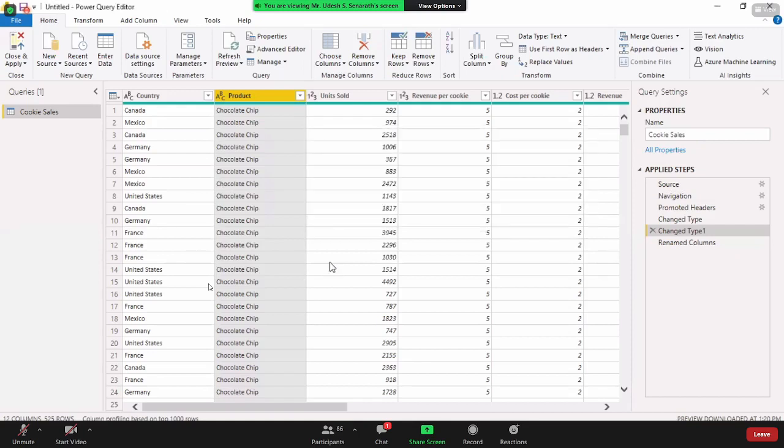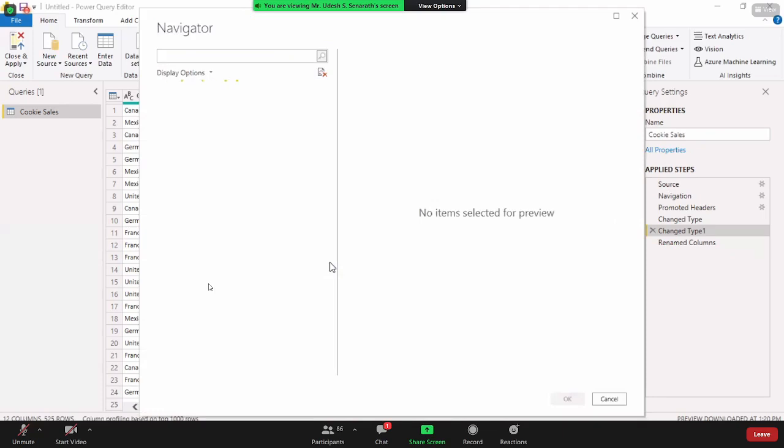Microsoft Power BI will go to the internet, search that particular website and web page, do the job, and eventually bring up the navigator